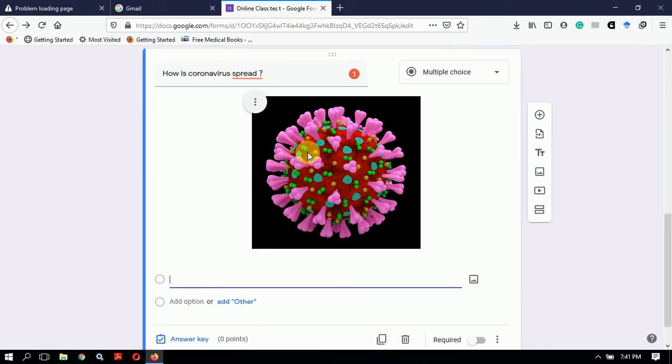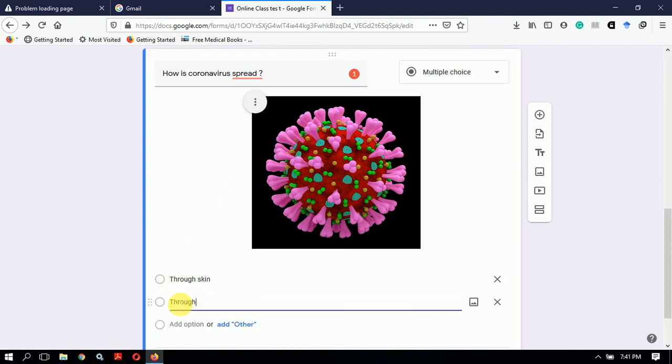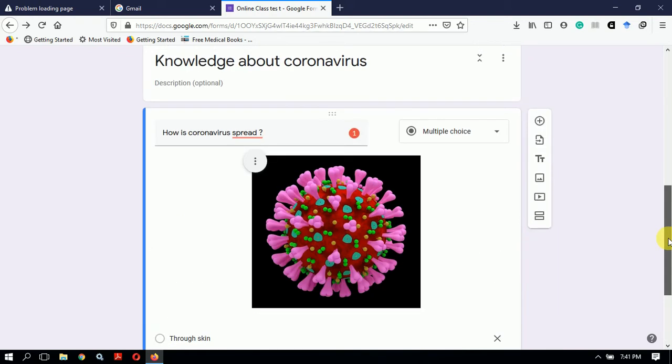Okay, so I'm just writing the options here: through skin, and the other option, through mucous membrane. You can also add pictures in the answers as well. Now once you have done this,